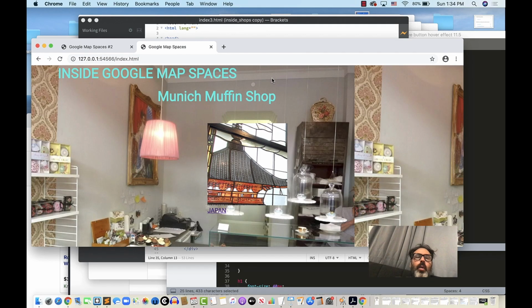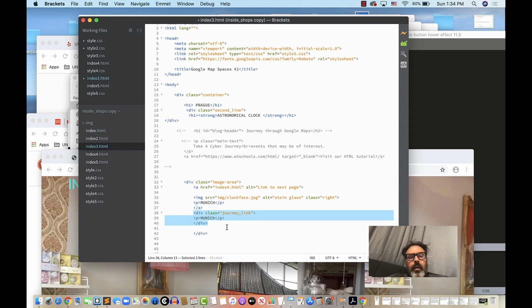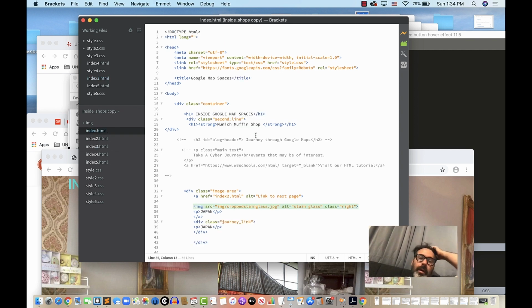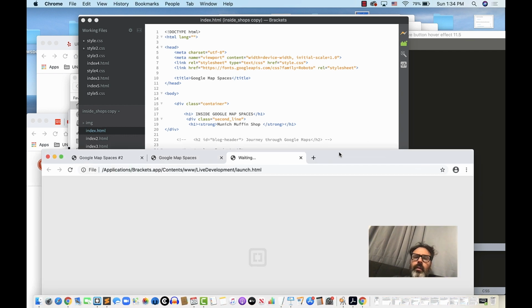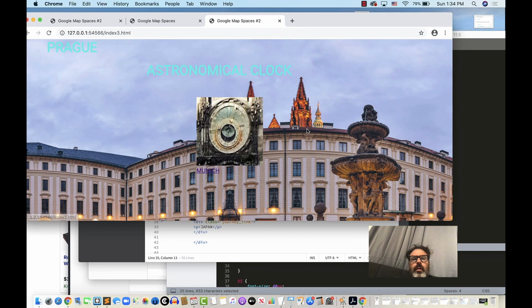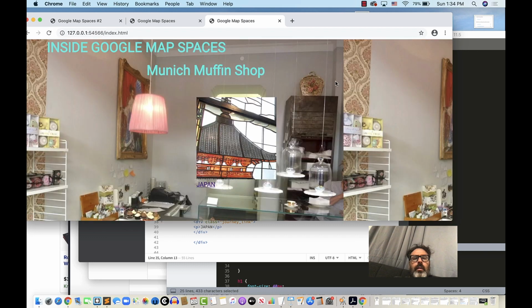So I got it to work. I simply, over here, this journey link was messing things up. And it was stopping the link to go further, so I simply deleted it. So that's what happened. So now, if I go to index 1, hit this, I fixed it. Okay, and this